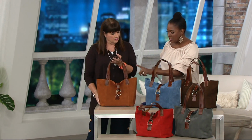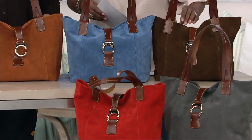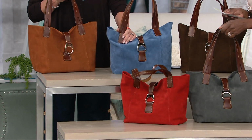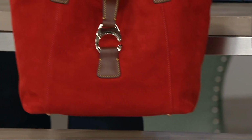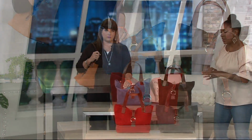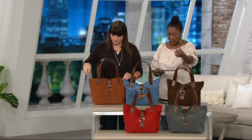So this is honey, this is denim, and this is brown. And then down in front, we have the very popular charcoal smoke. There are 3 dozen of this brand new bag in smoke. That's brand new, and it's the only order of the year. And then finally, we have the red, which is a really pretty tomato-based red, which I love. So think about it. Don't wait. Gifts, go ahead. 6 easy pays,